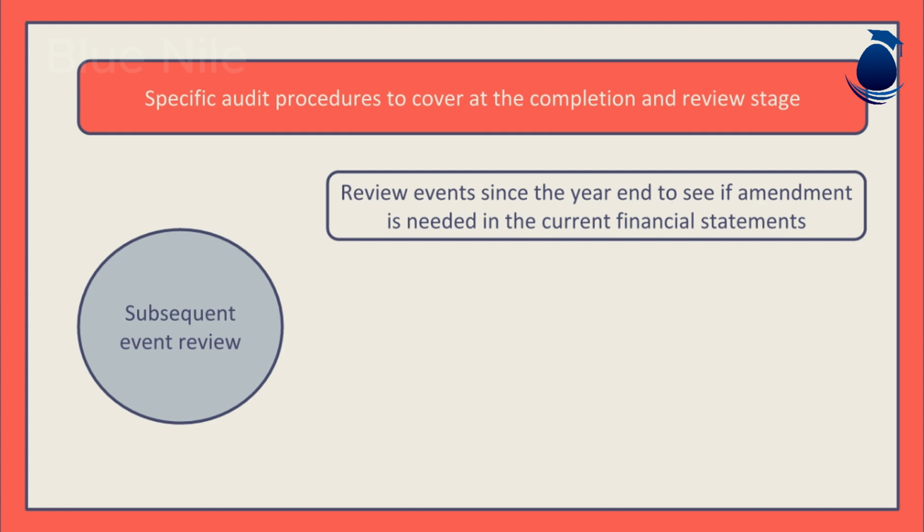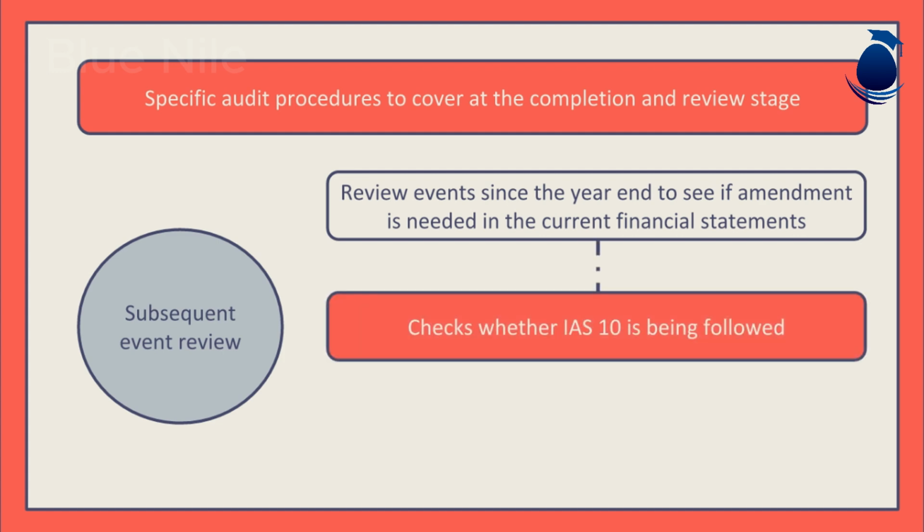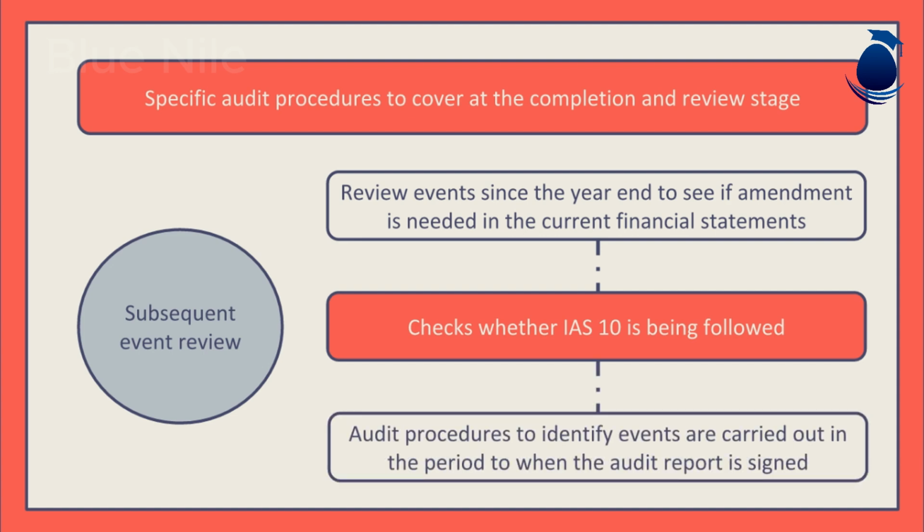This process reviews whether the accounting standard IAS 10 has been followed correctly by the entity. The standards state that material events after the reporting period should be included in the current period's financial statements. Audit procedures to identify events must be carried out in the period up to when the audit report is signed